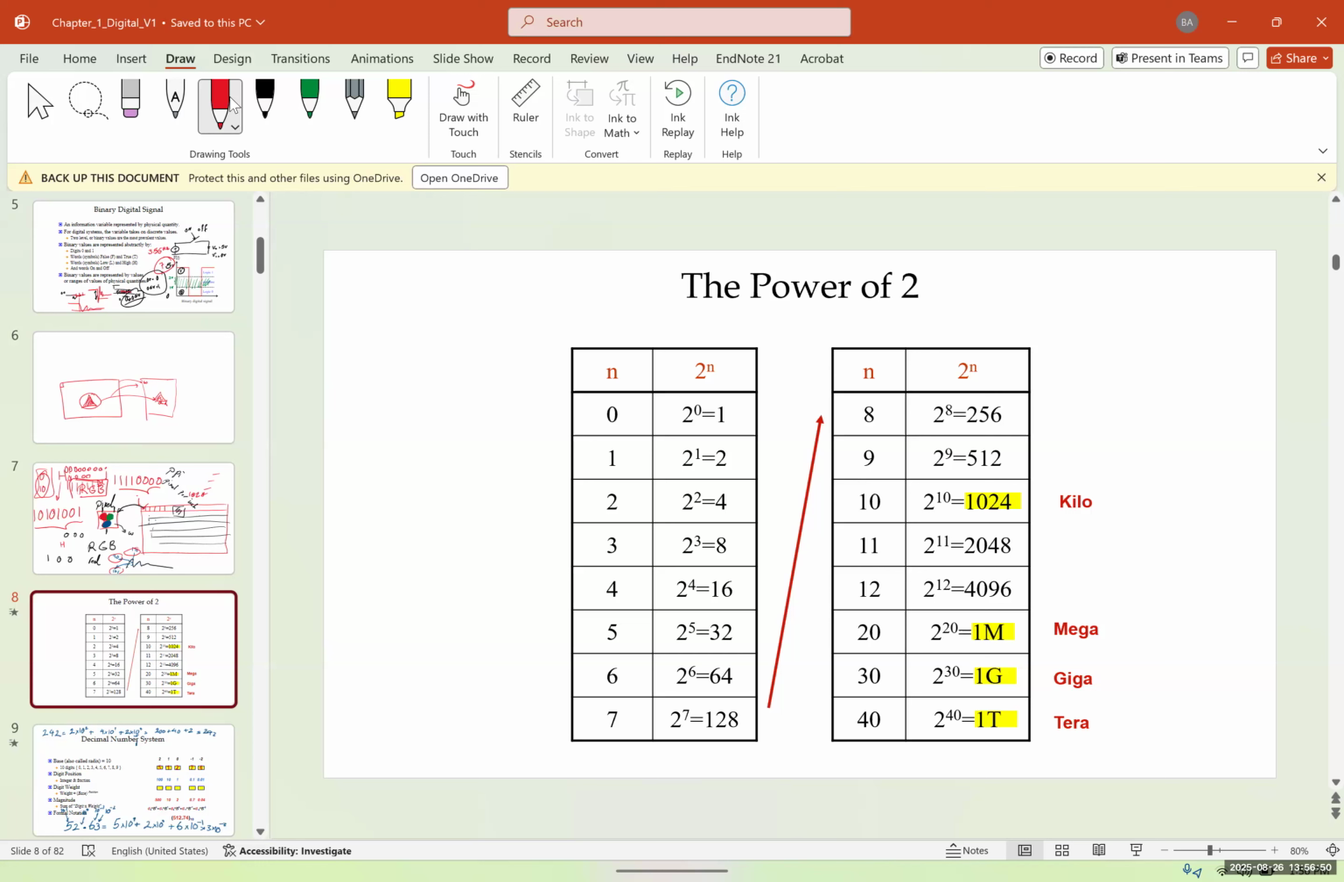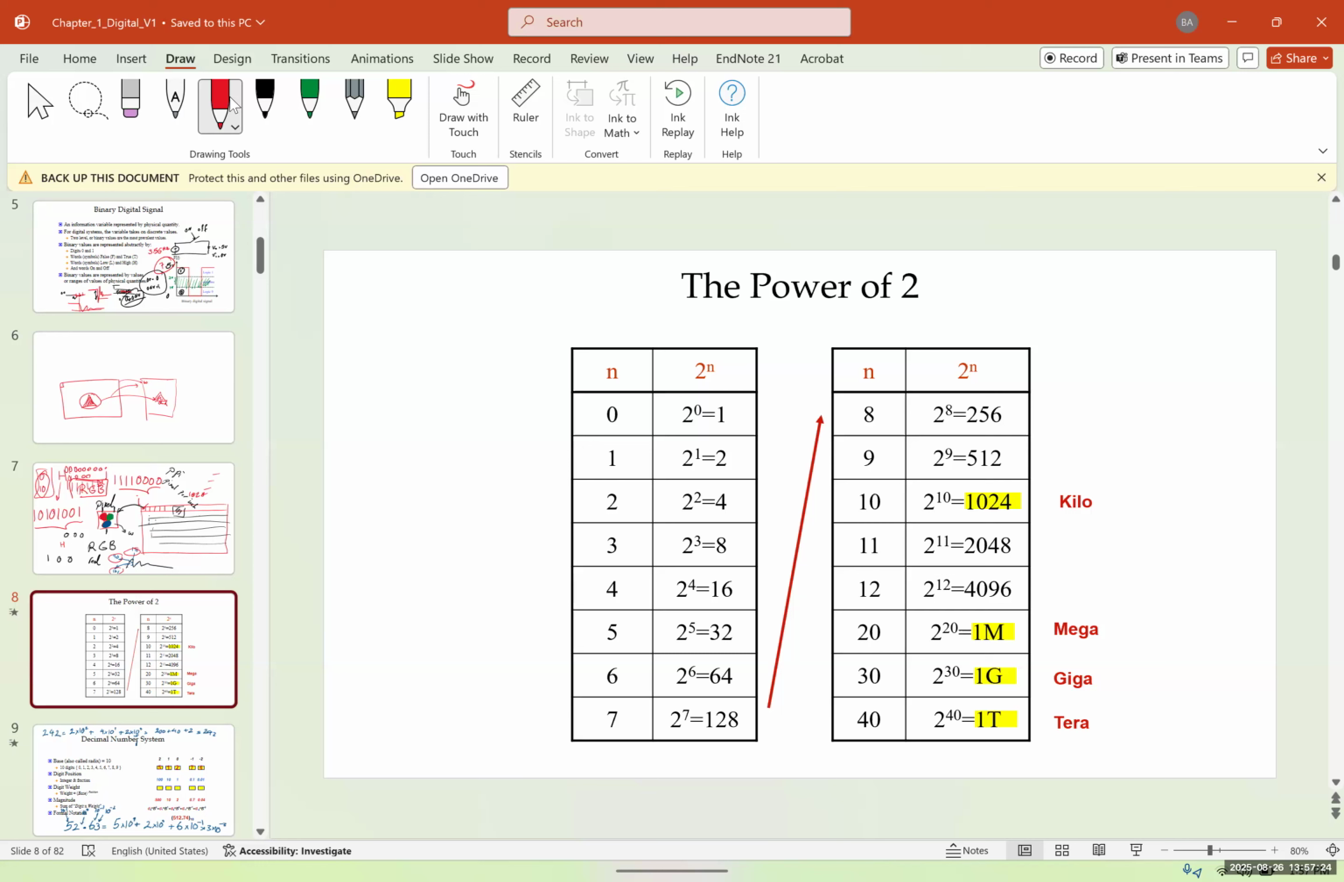So now, one of the important things that we need to learn before we get into decimal and binary numbers is the power of 2. So for the power of 2, if n is 0, 2 to the power of 0 is going to be 1. If n is 1, 2 to the power of 1 is 2, 2 to the power of 2 is 4, 2 to the power of 3 is 8, 2 to the power of 4 is 16, 2 to the power of 5 is 32, 64, 128, 256, 512, 1,024, 2,048, 4,096,